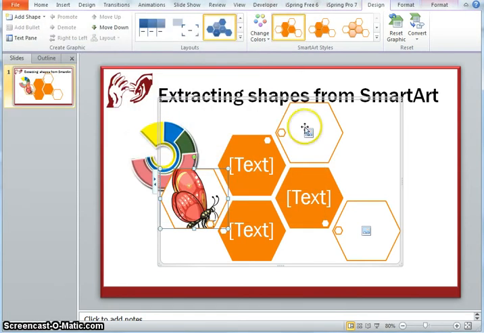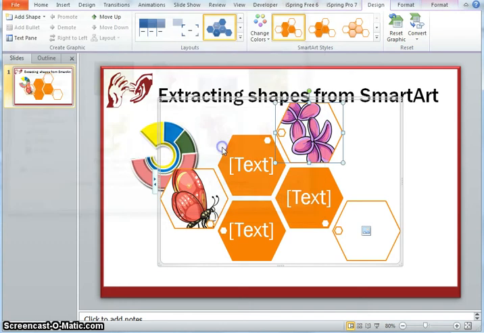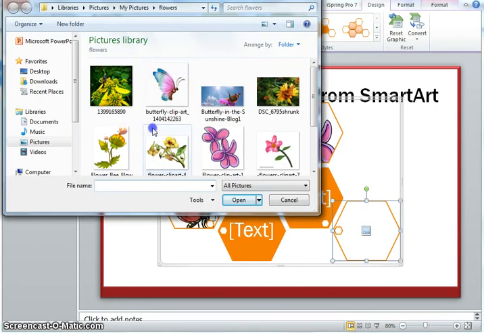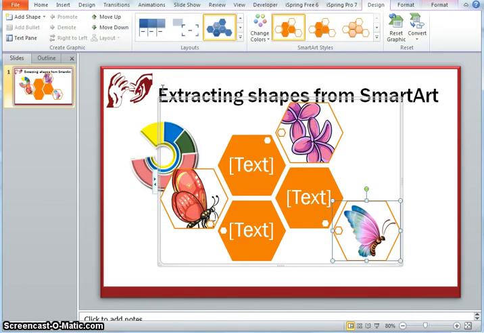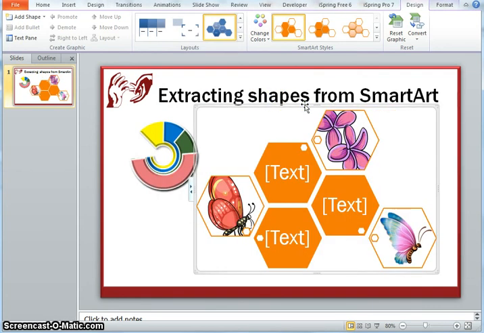So suppose this is one picture that I have, then I have another image, and another image, and these are some of the images that I want, but I want them cropped in this hexagonal manner, and so I say convert to shapes.